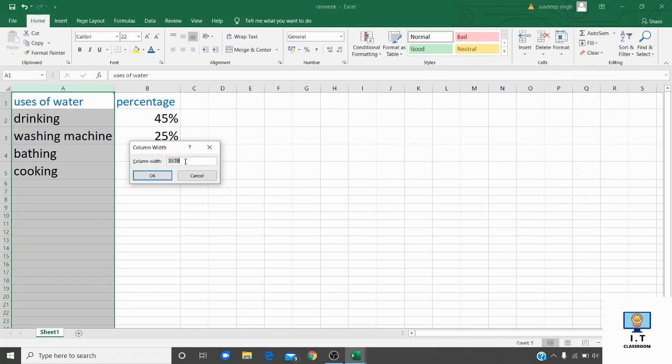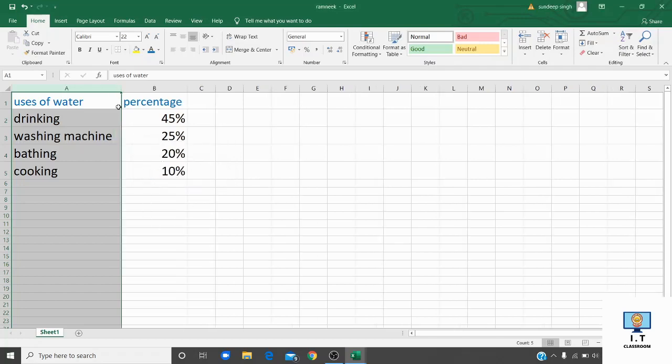By default it is showing this column width. If you want to increase the column width, here you can enter a new value. I am entering this value. Click on the OK button. So in this way you can see that the column width has been increased. So students, in this way you can increase the column width in your worksheet.